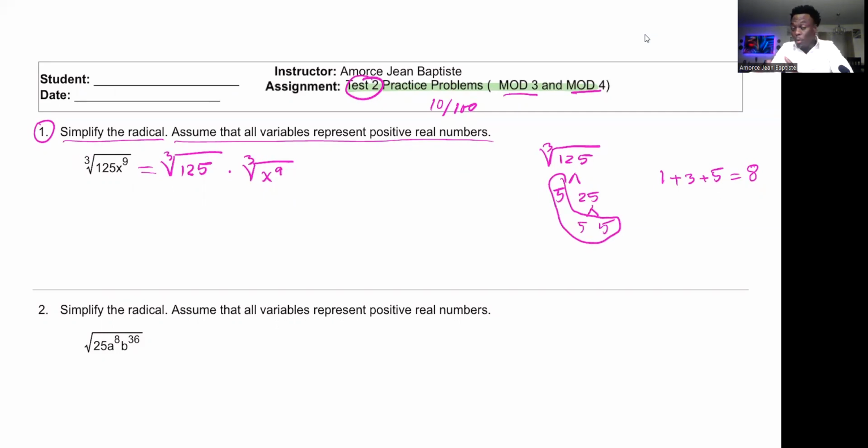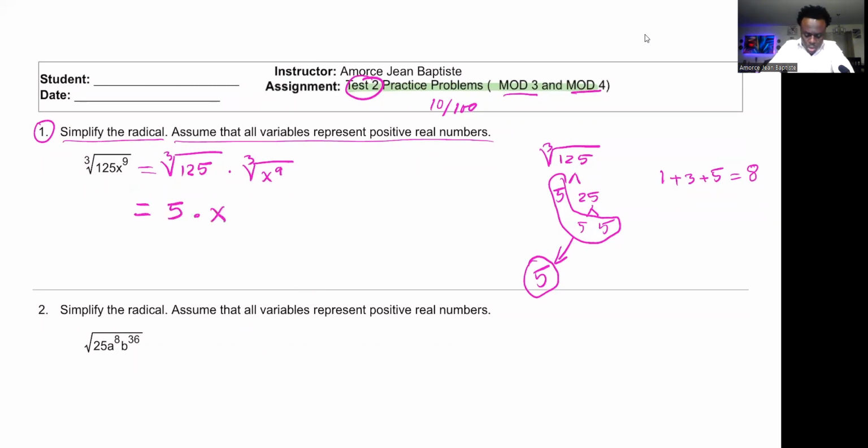We have one group only because we had only 5 as prime factors. So we can pull out one of them because we made a group of 3. And then this will be the cube root of 125. So that equals 5